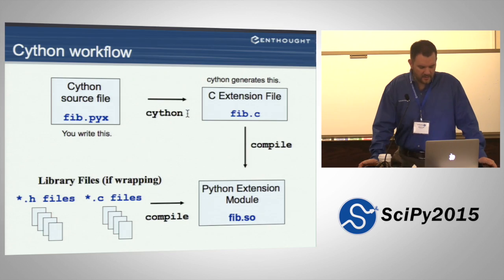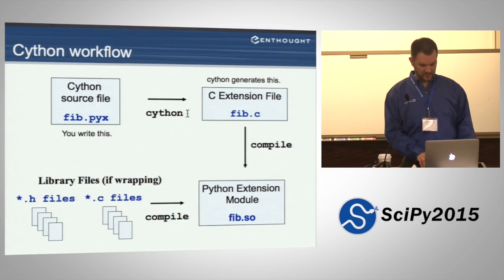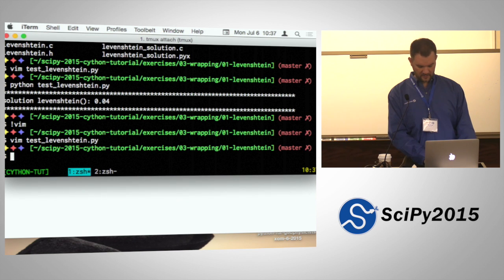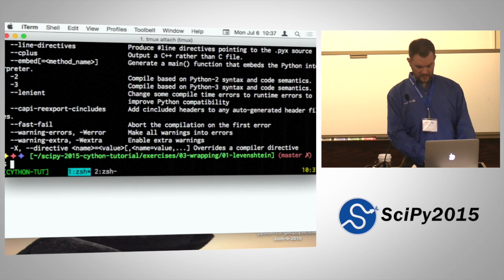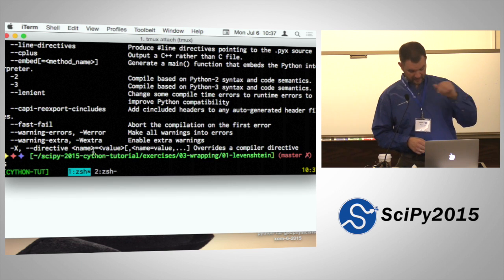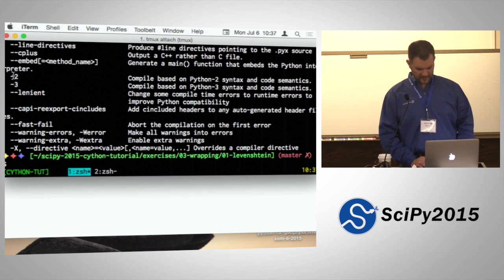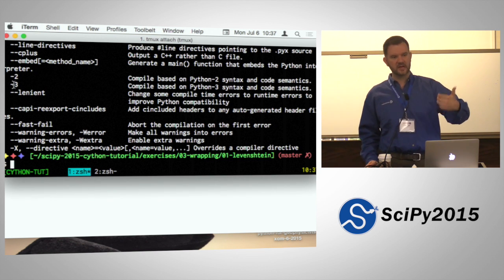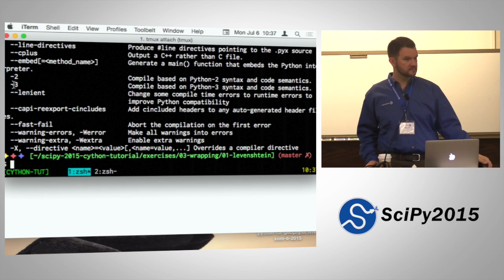So again, just to show you, if you just say Python -h, this last argument here, -X or --directive, this is where you can say the directive name and the value, and that allows you to control things. There's a -2 and a -3 argument that allows you to tell Python to assume Python 3 or Python 2 semantics only. Yes? If you pick one of those options, do you get a performance boost,